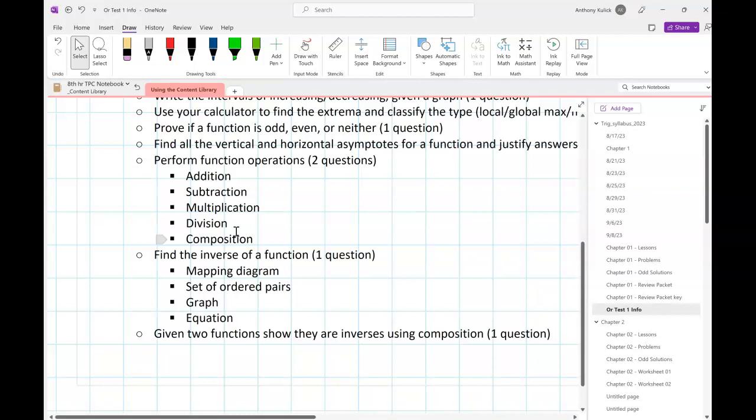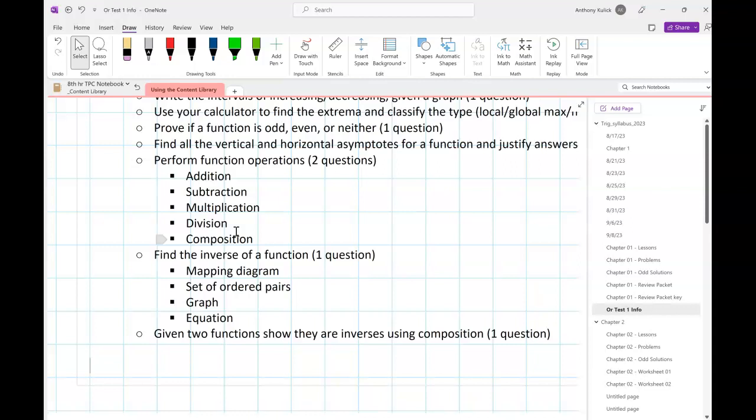Another piece, reminder, for every test in this class, you get a half sheet of notes. A couple of things about the half sheet of notes. It needs to be a half sheet, not a full sheet, one-sided. You can write on either side of your half sheet. And it needs to be turned in to me before the first section of this class takes the test, which would be Monday, 3rd hour. Ideally, you'd hand this to me today, and I'll hold it for you and give it